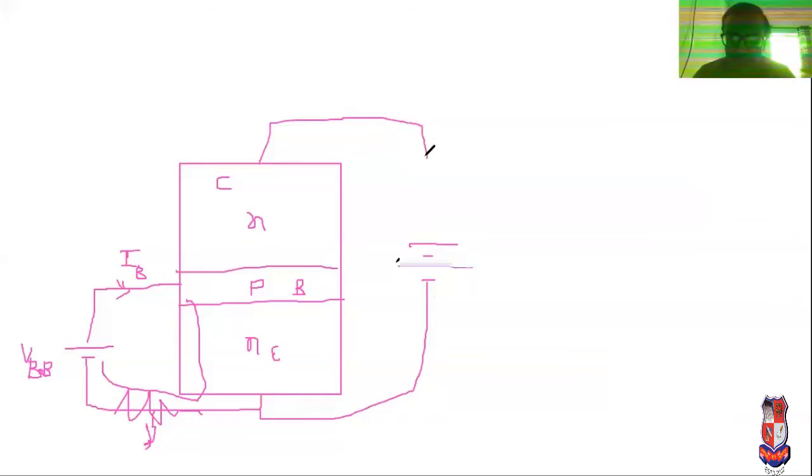See, I have sketched here the resistor, which is known as RC, and here VCC. I have written it with clear words. It is known as VCC. Now, due to this battery, see this is the current. It is known as IC current.